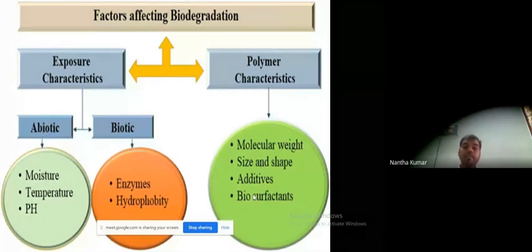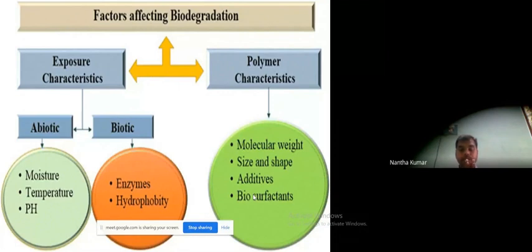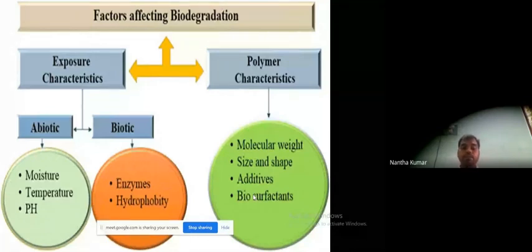That kind of factor is very important, because maintaining the ideal pH to enable the biodegradation process is very important. Same way for temperature, because there is a category of bacteria which have the capability, in their structure and genetic makeup, to tolerate low, medium or high temperature. So the thermophilic bacteria have their own genetic makeup to tolerate a high temperature range. Same way for pH also, and moisture also.